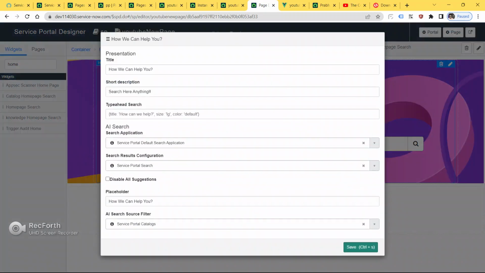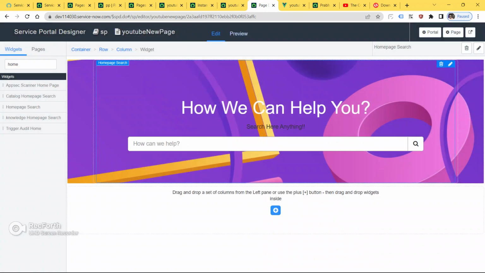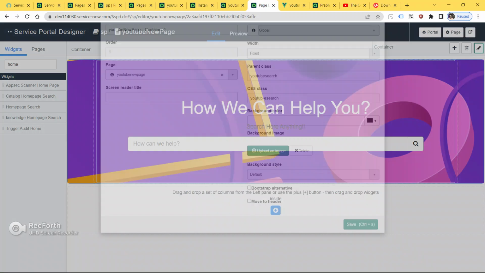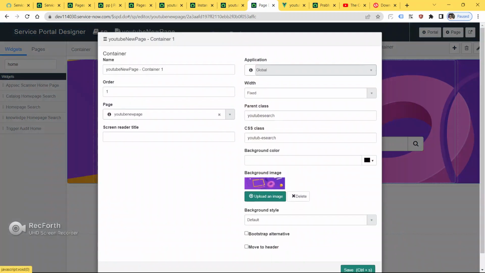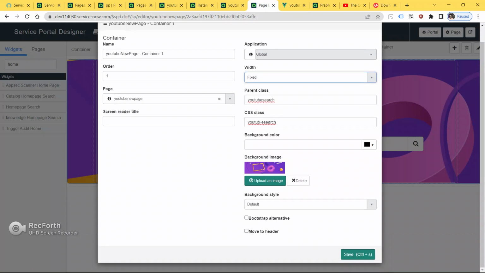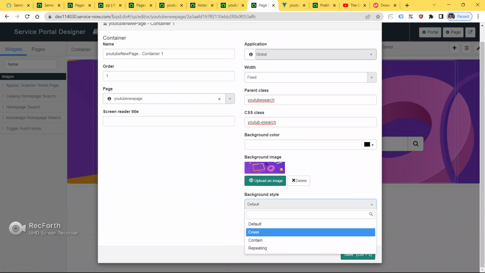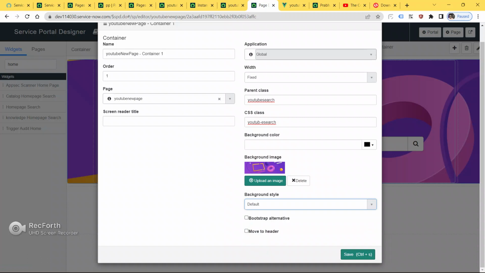Go here and click this, select the entire container, click this button, and I'm going to put background size as cover. As you can see, we've got the background style.